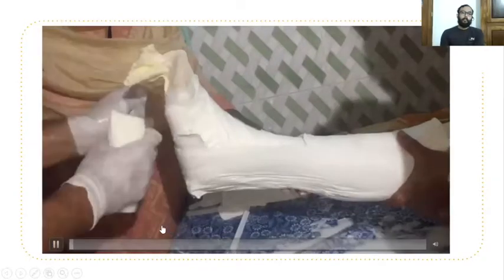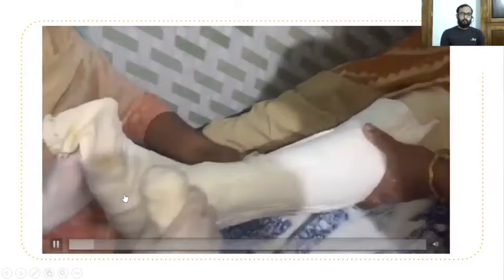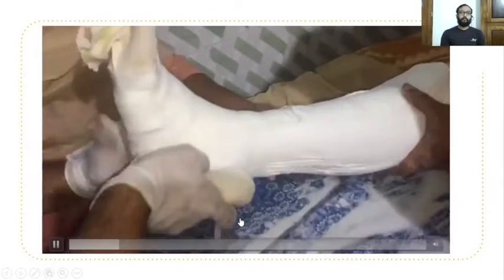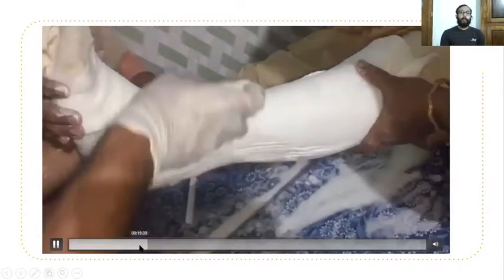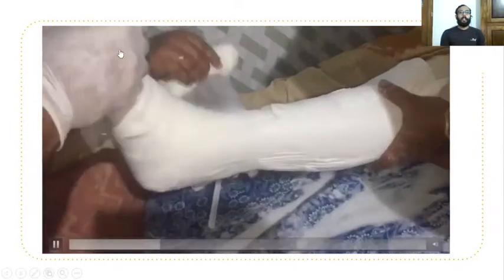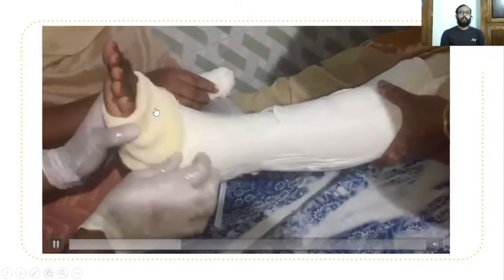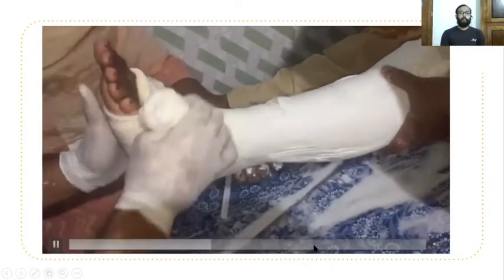Then we are applying gauze of 15 centimeter. It is immersed inside the water and squeezed. Then we are applying it above the 15 centimeter 8 layered cast and 10 centimeter 4 layered cast. Here you can see the additional stockinette which is distal is placed like this, and then we are again covering it with gauze. In the proximal end also we are doing the same thing.